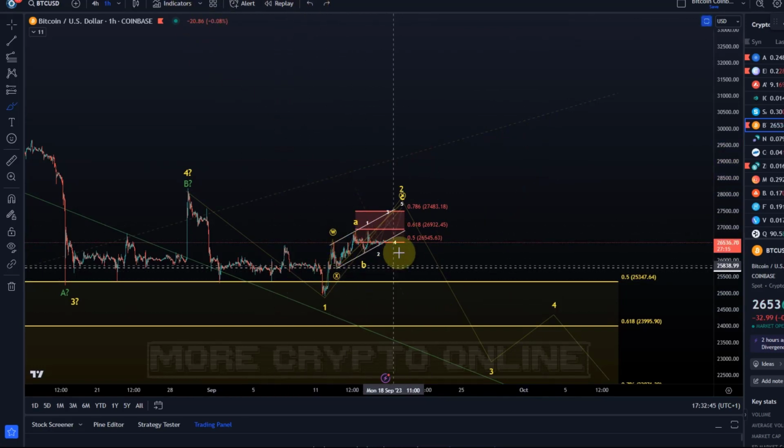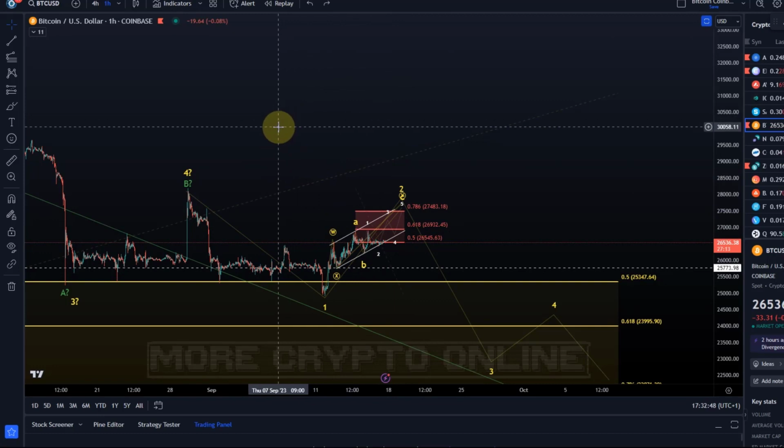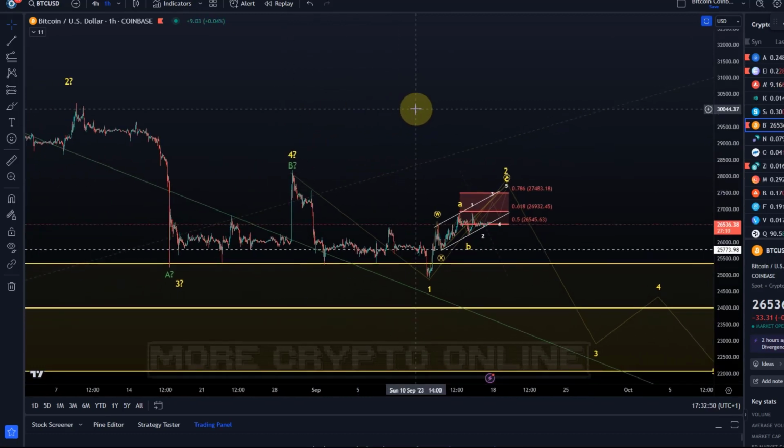And also the exhaustion here is just visible on the chart. So it's going to be very interesting. Expect a lot of volatility maybe early in the week in anticipation of the Fed interest rate decision that happens middle of next week. So it's going to be interesting. Yeah, that's my update